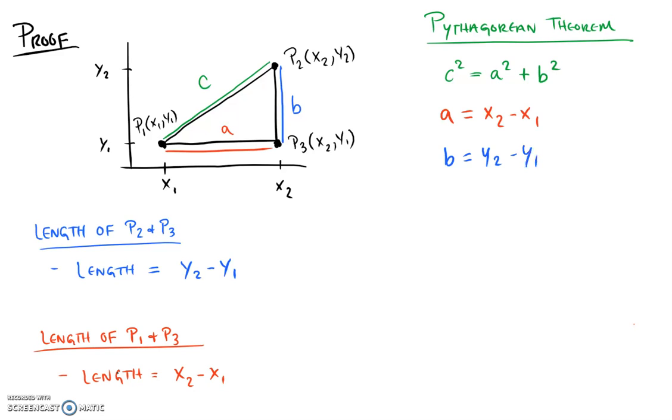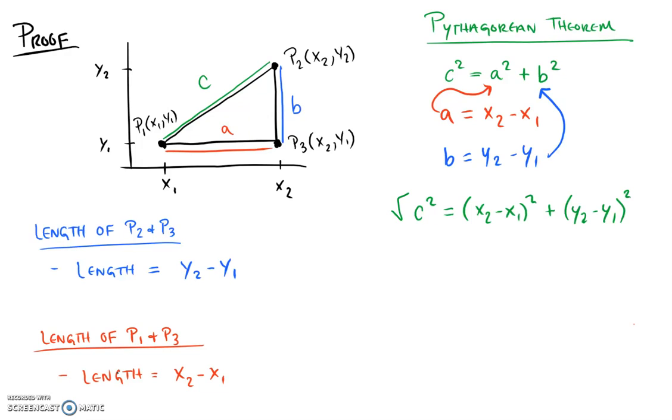If we plug these formulas into the Pythagorean theorem, we'll see that it starts to look more and more like the distance formula. So let's do that now. We still have c squared is equal to, now we substitute (x2 minus x1) squared, and then we substitute (y2 minus y1) squared. Now it's almost looking like the distance formula, except we need one more step,